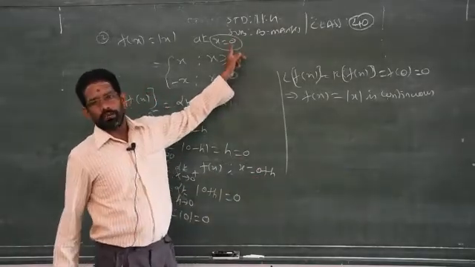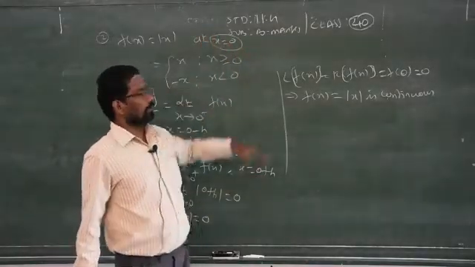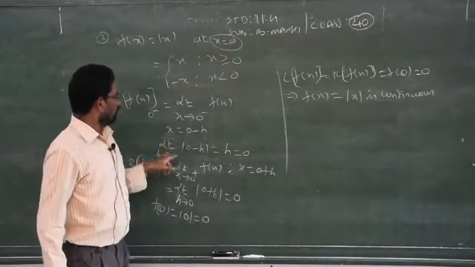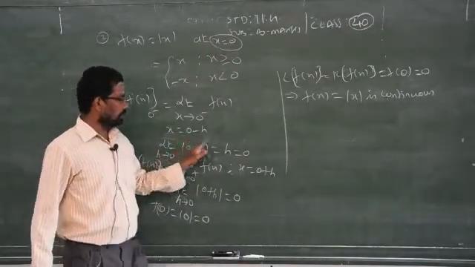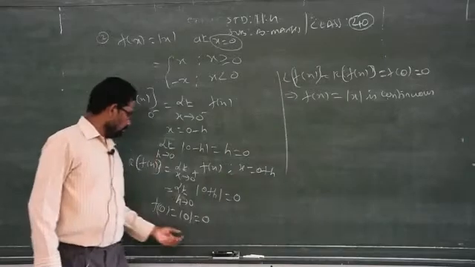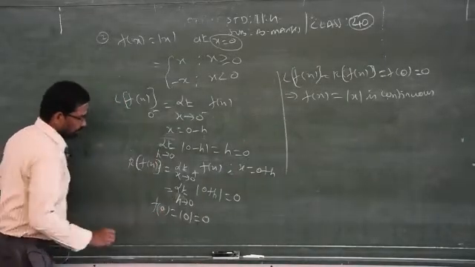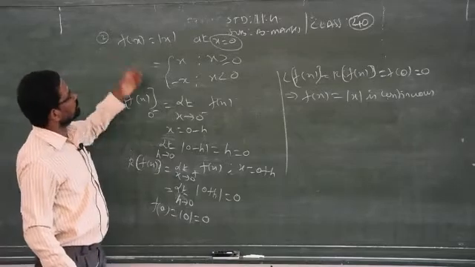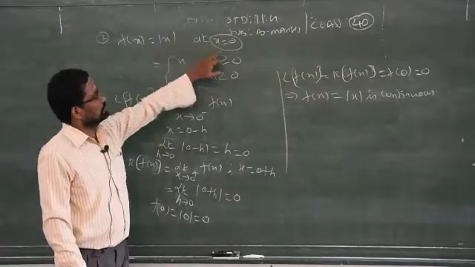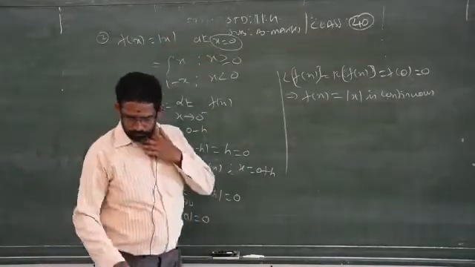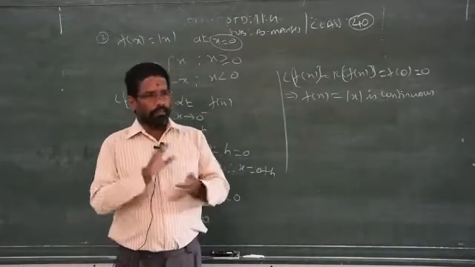What is meant by 0? You are asked to check whether the function is continuous at x equal to 0. If it is given at x equal to 2, here you have to write 2 minus h, 2 plus h. You replace the final one f of 2. Clear? So here in this question you are asked to show that this is continuous at x equal to 0. So next one, we have derivatives.